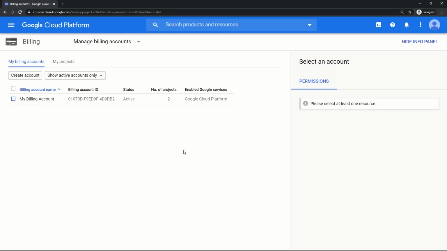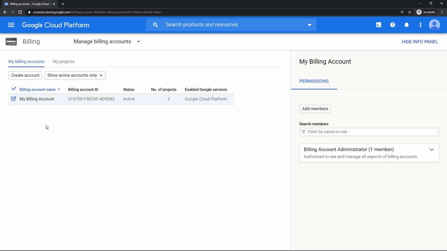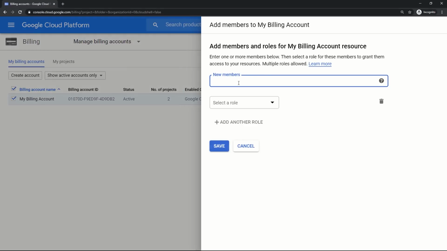Now we will create a user to manage our billing accounts. We have seen we have different kinds of billing roles available in GCP. To do that, you need to select the billing account. That means for each billing account, you can have separate users. Once I click the billing account section here and the permission is enabled now, you need to click on add members. Once you click here, it will ask you the Google account of the new user which you want to add as a billing user.